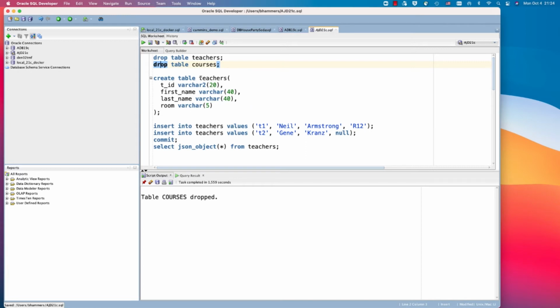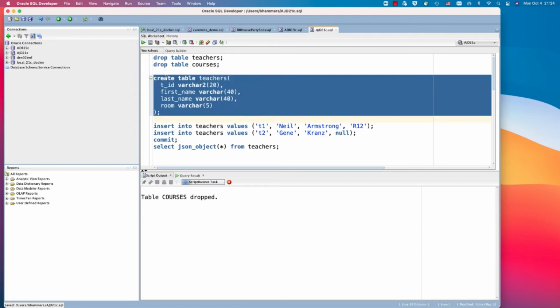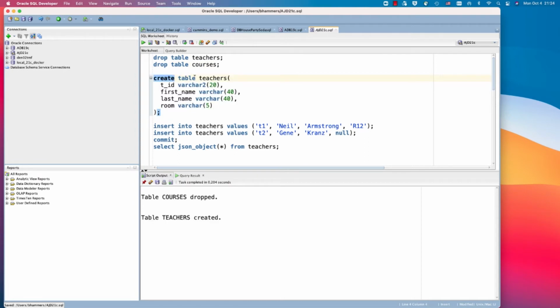Like a teacher could teach multiple courses, and a course is typically attended by multiple students, and a student also has multiple courses. So you really have a network model here, which is something that the relational database handles very well. So we start out with something that is quite familiar for all of you, which is a plain relational table. So I called it teachers, and you see there is no JSON inside here. It is just a conventional table.